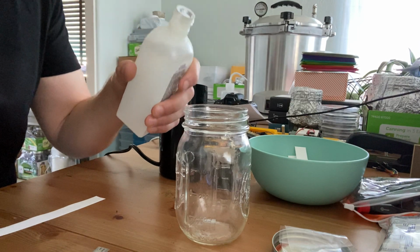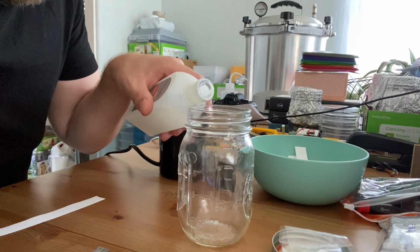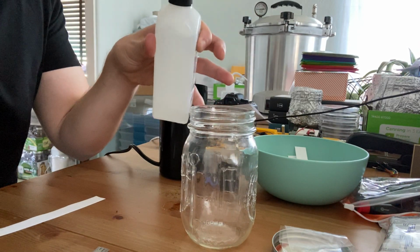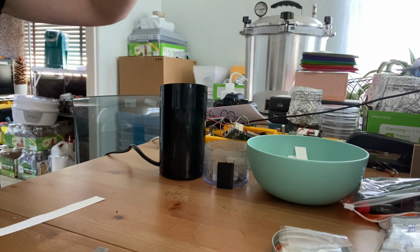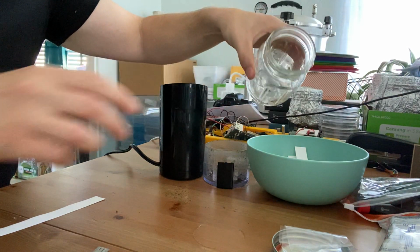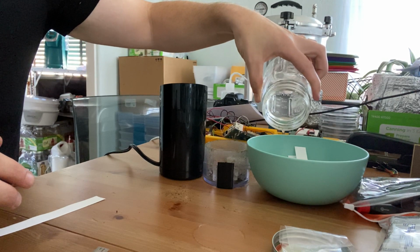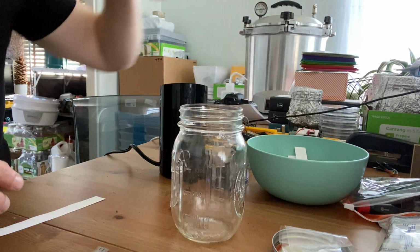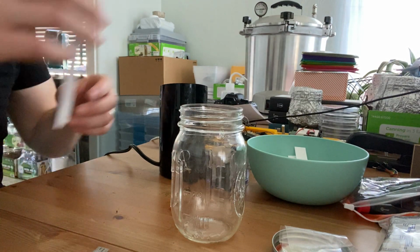of acetone. We really don't need much, because again, we don't want it to pass the origin. We want it to be soaked up by the origin. So we've got some acetone, and I just want to do a quick check here again, and I would rather have less, because it's very easy to do too much. And in the bottom of this jar, it's not a great jar because it's not flat. It's actually deeper on the edges,